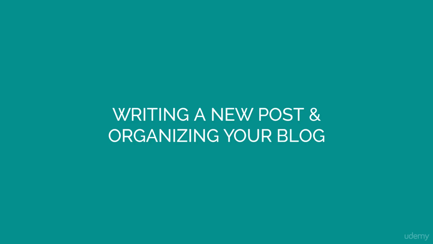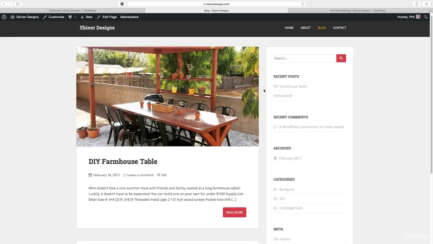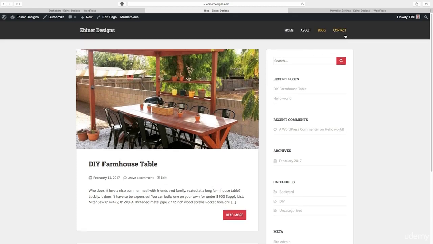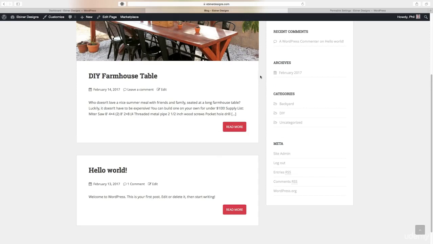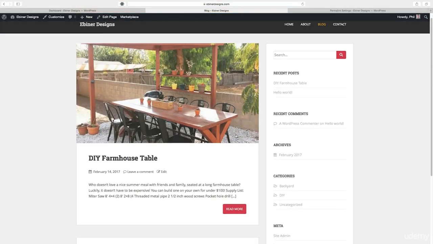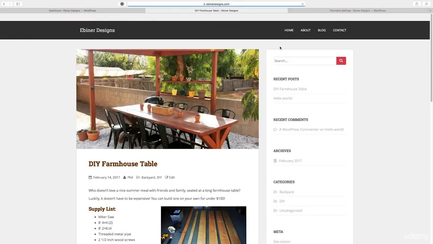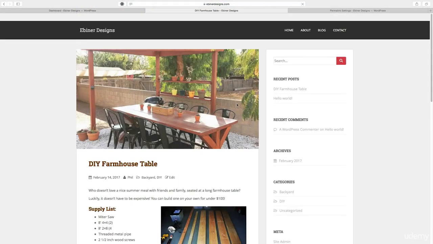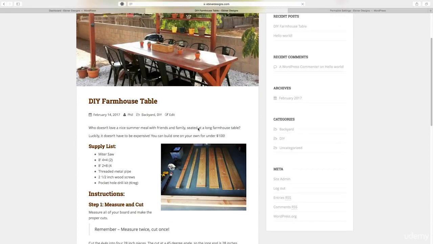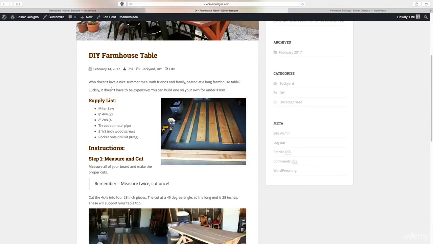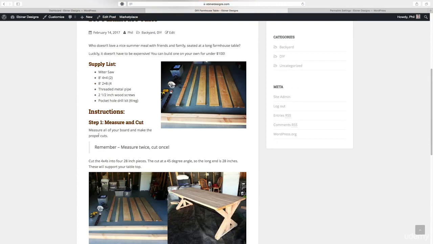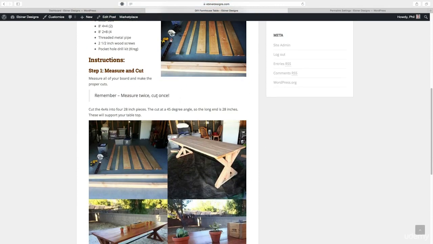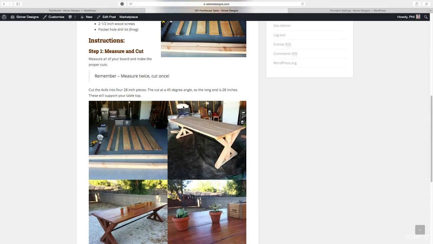Now we have a live website, and in this lesson, I want to teach you how to create blog articles. So here, I'm going to show you how to create your blog page so that it looks like this with the blog posts. And then we're going to create a separate blog post to add to our website that looks something like this. So you can see here we have this header image, we have the title, we have different types of text, and we have images, including a quote, a block quote, which is what this looks like right here, and basically some text and some images.